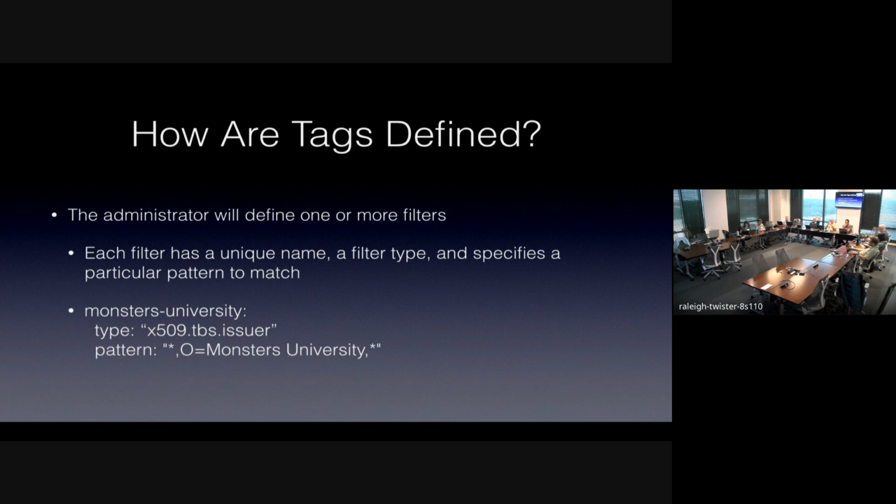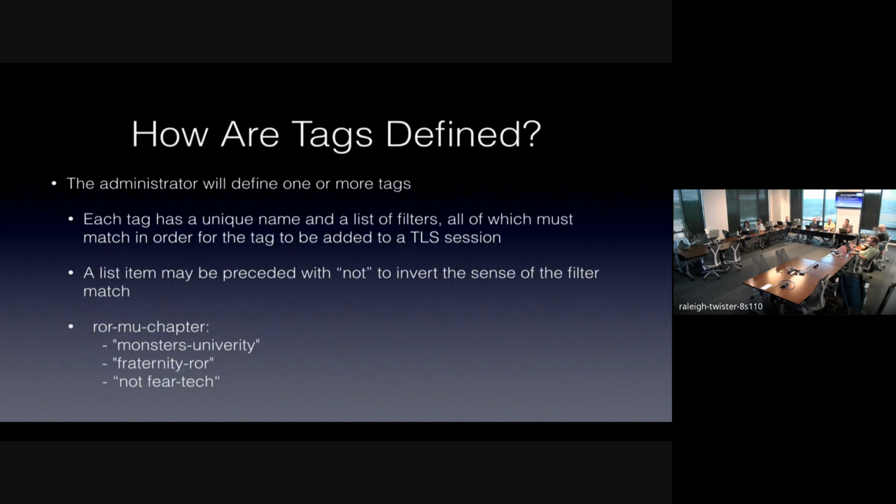So we can have a mechanism by which we can define a number of these filters based on the field that we're looking at and the patterns that we're looking for. And then we define the tags, and the tags are basically just a list of filters. So, for example, if I want to assign the Roar Omega Roar Monsters University chapter tag to